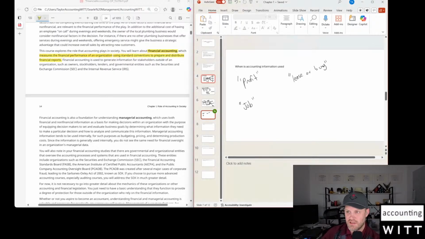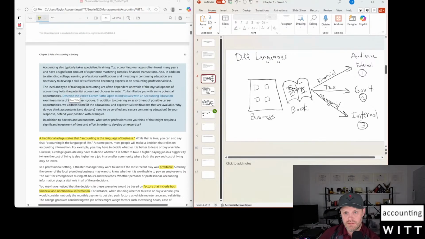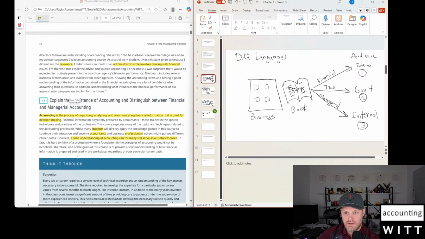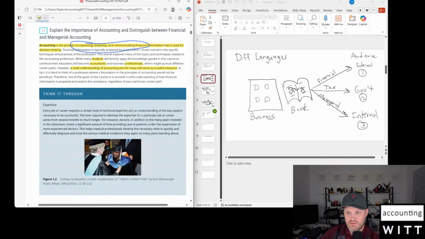So what that's talking about is over here, the business is writing its story. It is organizing, analyzing, and communicating financial information